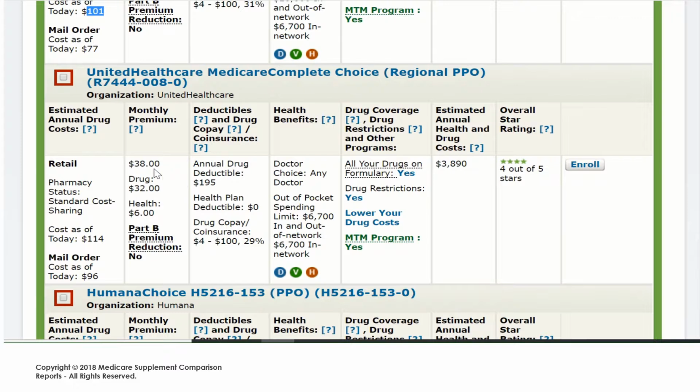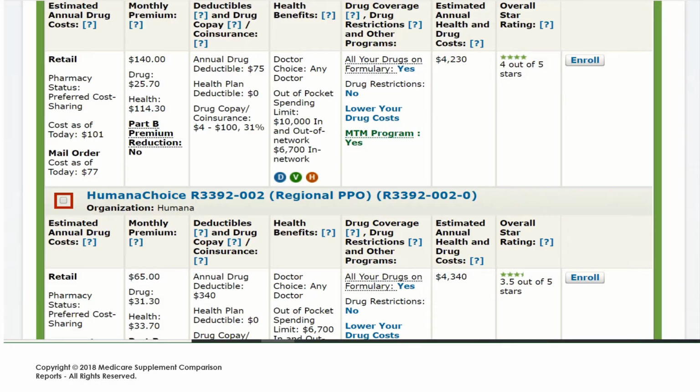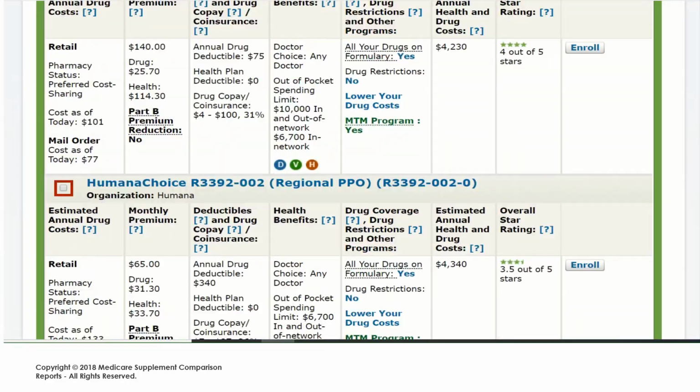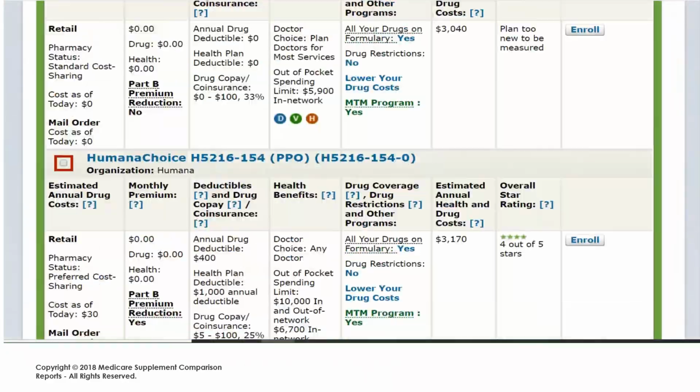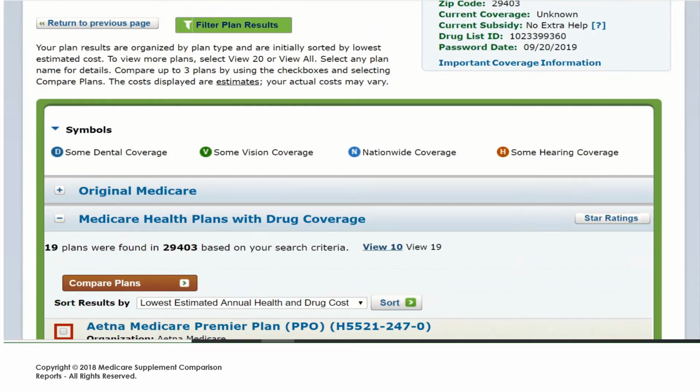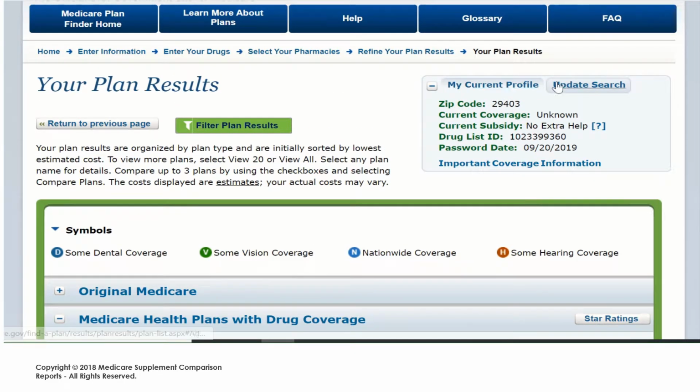So you're able to kind of go down here and compare all these different companies. Here's United Healthcare, $38 a month monthly premium, and here's their out-of-pocket expenses. So as you can see, $0 is not necessarily the hero. Just because your monthly premium is $0 doesn't mean that you have comprehensive coverage. You could actually end up paying quite a bit out of your pocket. Might be a $0 monthly premium, but if you end up paying $10,000 out of your pocket,